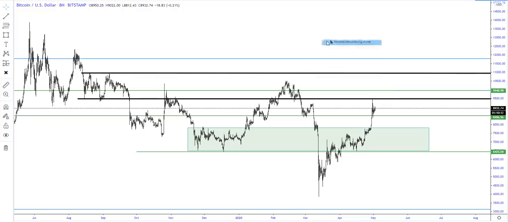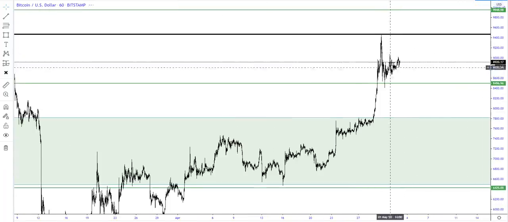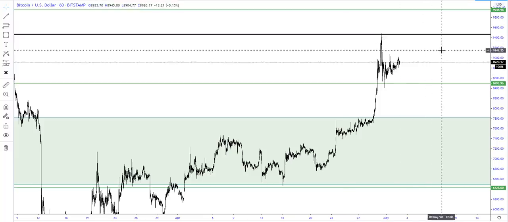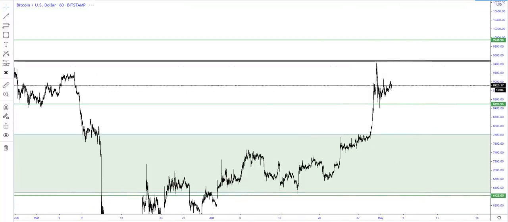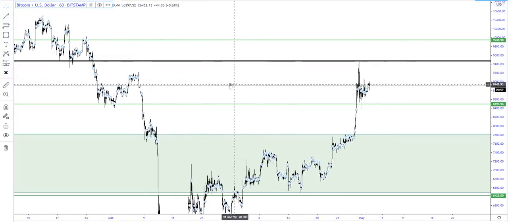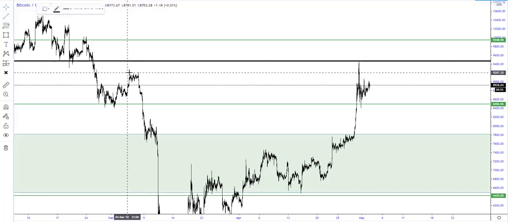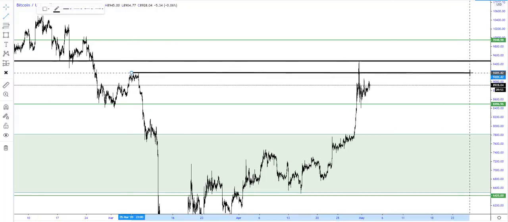So my approach for the long side would then be, with current prices, let it do its thing. I don't know what it's going to do from here. So this is just a zone on its own to day trade towards. But I'm just going to mark out the easy scenario. The easy scenario would be, well, we've already made one run here. So what I want to do is mark this level out where it's final resistance that we couldn't see in the lower time frame, which is here.